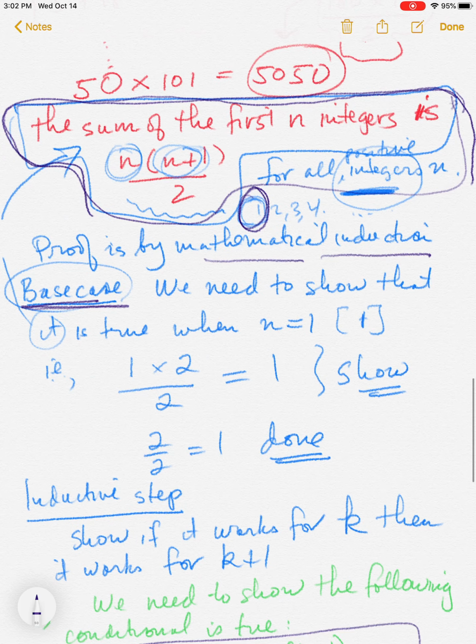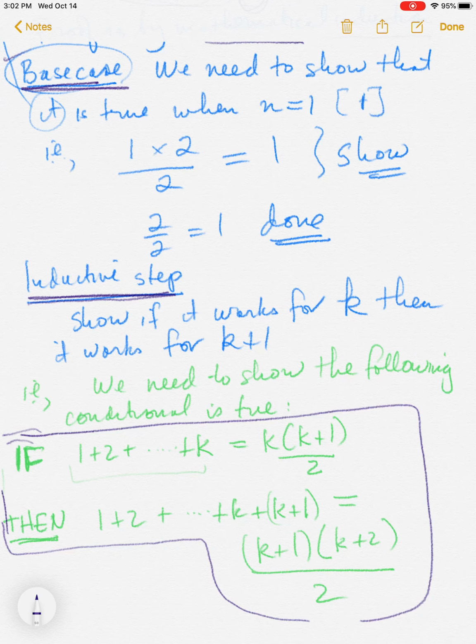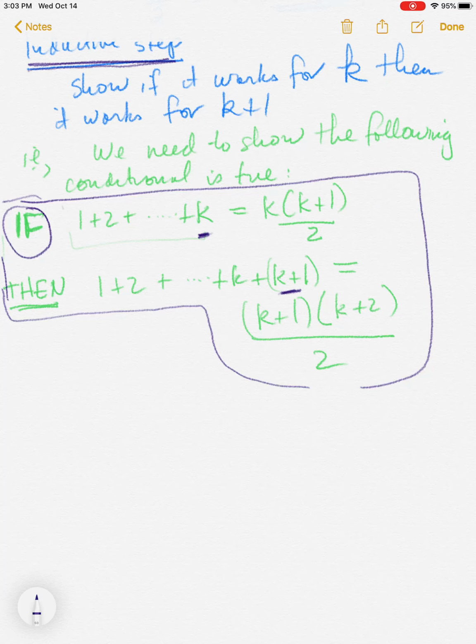So what we've done so far is we've shown the base case, and now we're going to show the inductive step to be true. And the inductive step, again, is a conditional claim. If it's true for some arbitrarily chosen number k, then it's true for the next guy in line, k plus 1. And this is kind of easy enough. We're going to prove this directly, in the way we've shown other conditional claims to be true. We assume the antecedent is true. So we're going to suppose the antecedent is true.